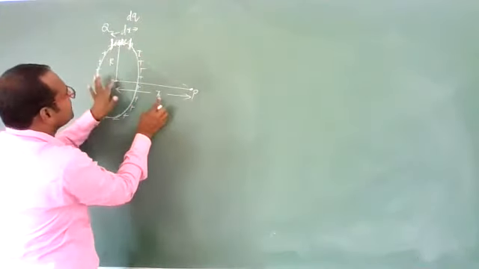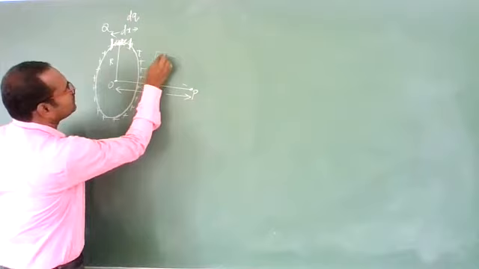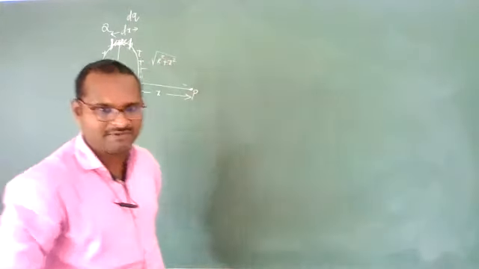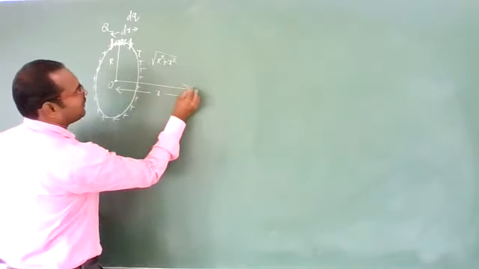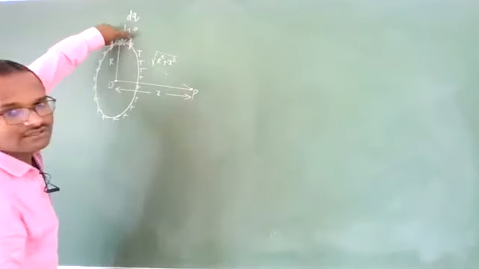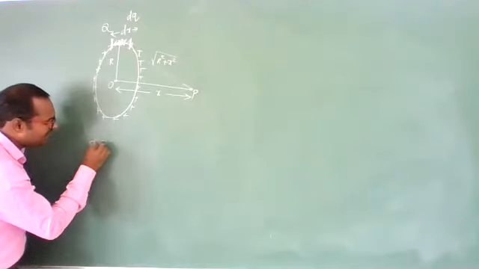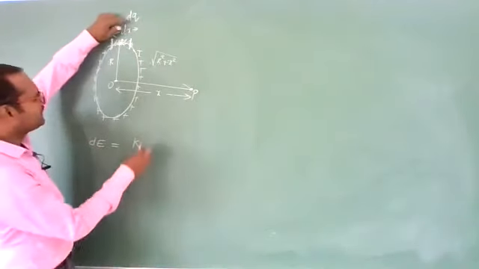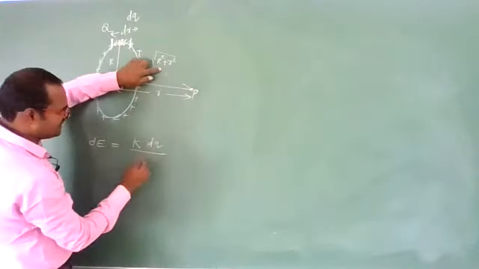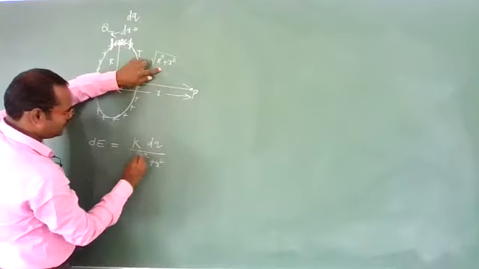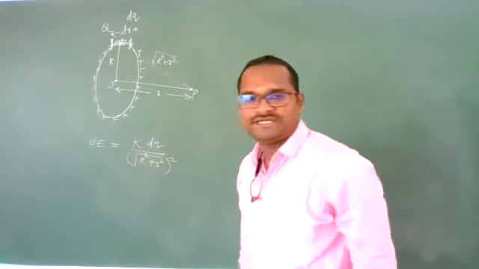What will be the distance? You can see it is a right angle triangle. This is capital R, this is x, so the distance will be under root of R square plus x square, as I am applying the Pythagoras theorem. Now at point P, due to this elementary charge dq, what will be the electric field dE? dE can be written as 1 by 4 pi epsilon naught, that is k dq by r square, where the distance from this elementary part is under root of R square plus x square, squared. So this will be the distance.